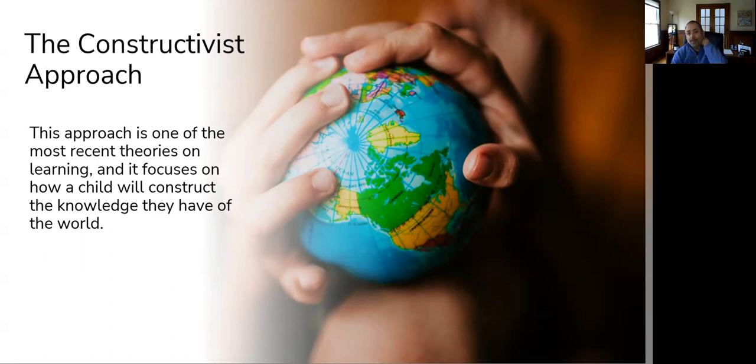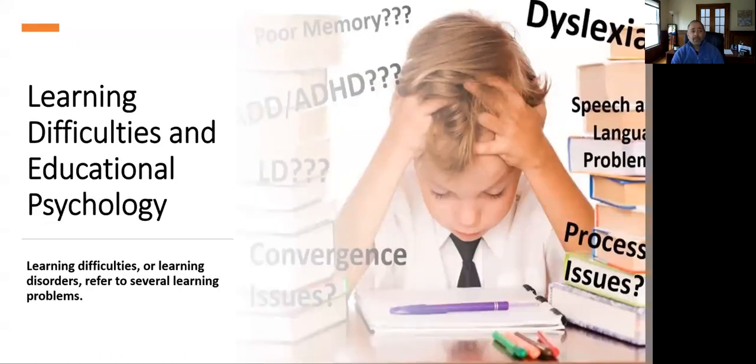This perspective is highly influenced by the psychologist I mentioned in the previous module, Lev Vygotsky, whose work was built on ideas such as instructional scaffolding and the zone of proximal development. So that was his work in terms of a constructivist approach that has to do with culture and social influence adding to children's learning, and that's how he believes it to be the case. So these are some of the approaches that we talked about, and let's look at some of the learning difficulties